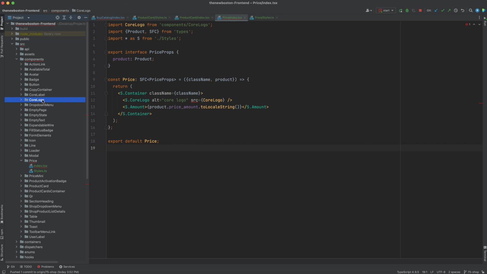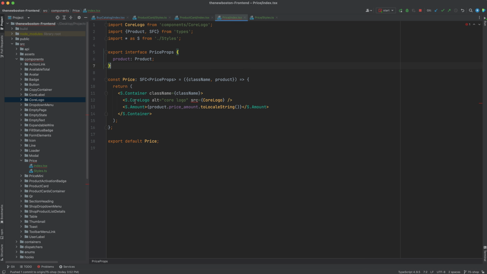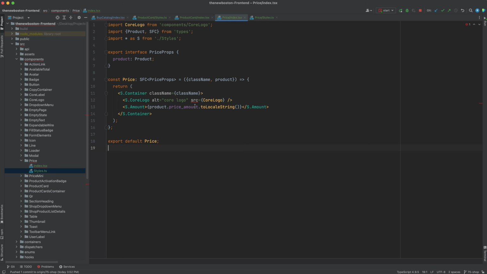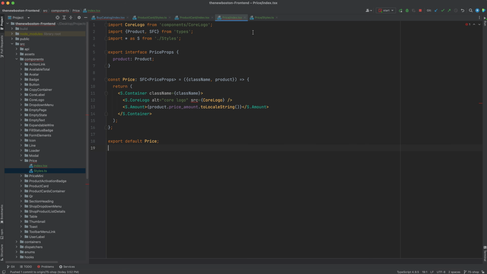I have a component named core logo. And the source. Okay. Is a styled image. So I'm wondering if